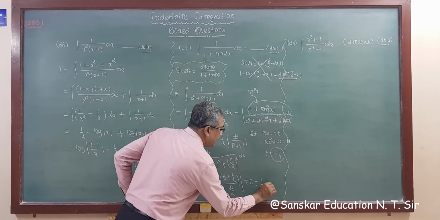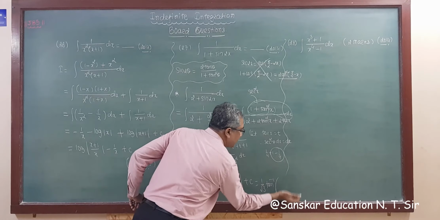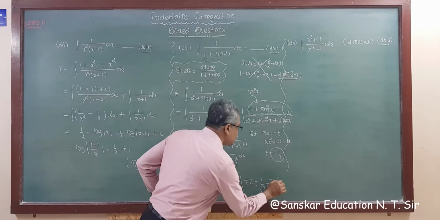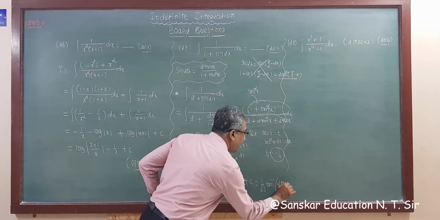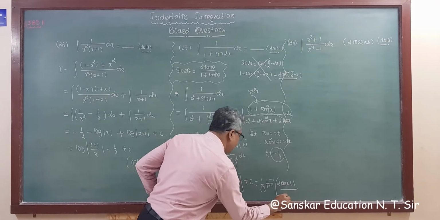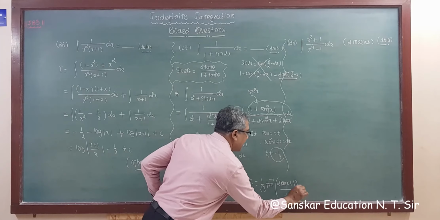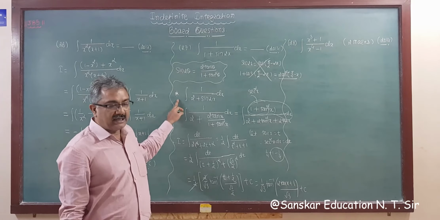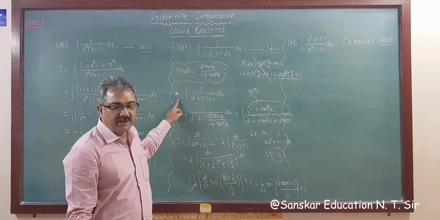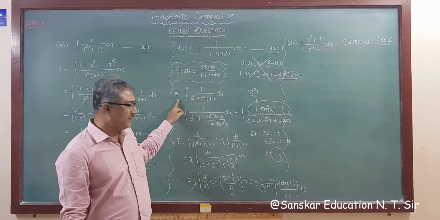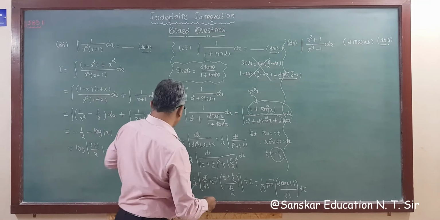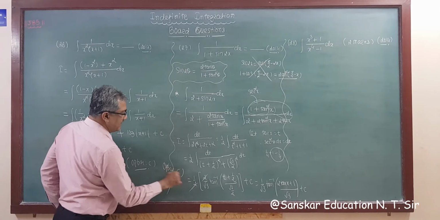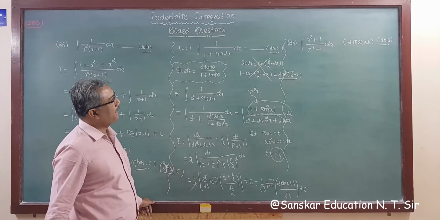Right? Tan inverse. Now this t, that is 2t, that is 2 tan x. So 2 tan x plus 1, whole upon root 3, plus c. So this is a nice question and the answer of this question will be option number 3, that is option C. So option C is the correct answer here, right?